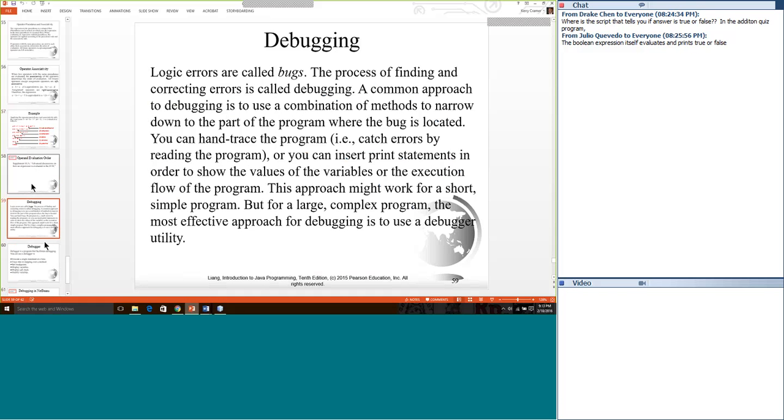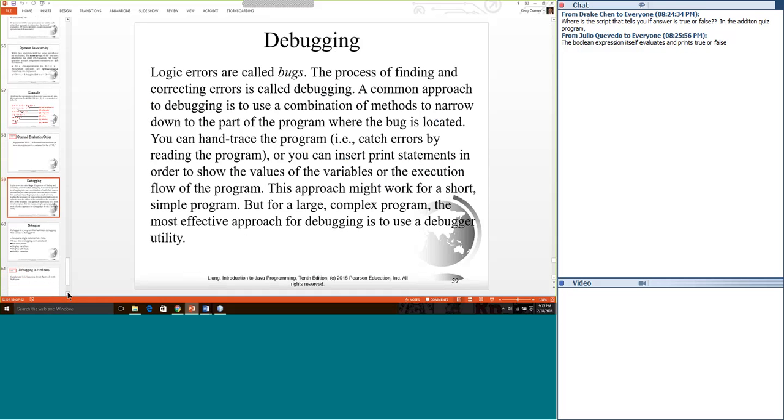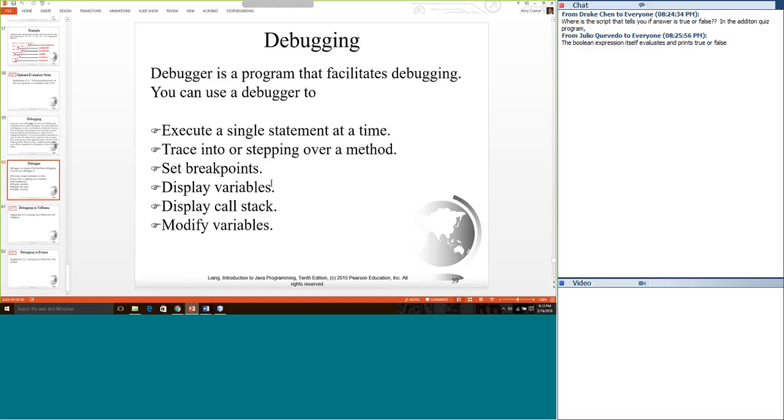All right, good. I'm not going to talk too much about debugging. Hopefully you're getting a full exposure to debugging. The code that we're starting to write now is getting a little bit more challenging, and I'm sure you're getting all these different types of bugs and errors, logic errors and compile errors, and you're getting comfortable with NetBeans. And you can always put in a System.out.println, open paren, and put the variable name in and see what's inside the variable and see what you're getting, and then do it step by step.